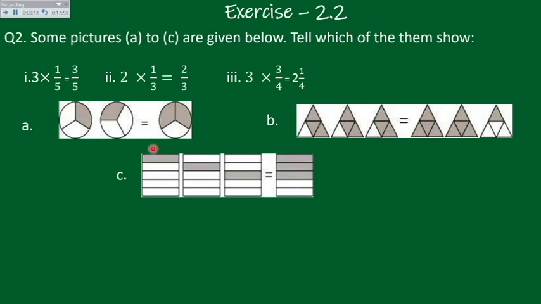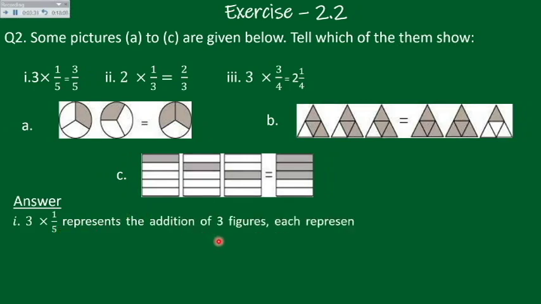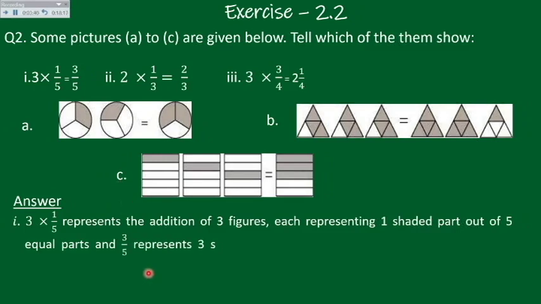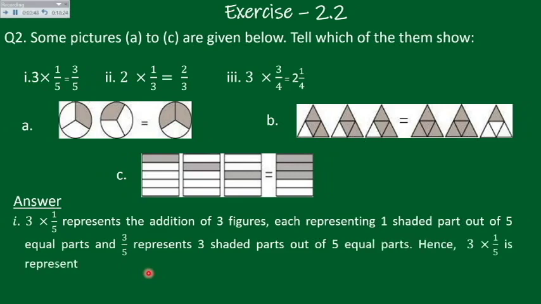Before this, let's see how to write in your copy. So here you will write: 3 multiply 1 upon 5 represents the addition of 3 figures, each representing one shaded part out of 5 equal parts, and 3 upon 5 represents 3 shaded parts out of 5 equal parts. Hence 3 multiply 1 upon 5 is represented by C. Okay, like this you have to write in your copy. Okay, next part,